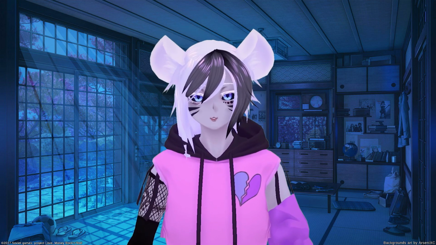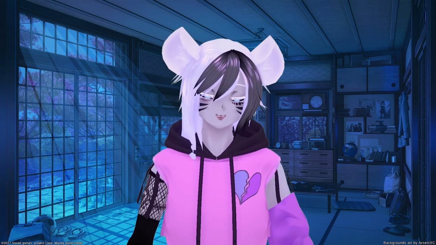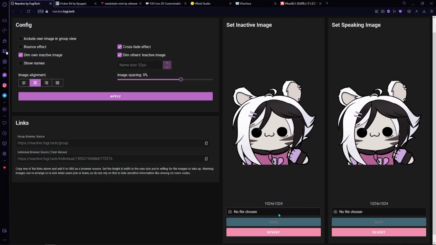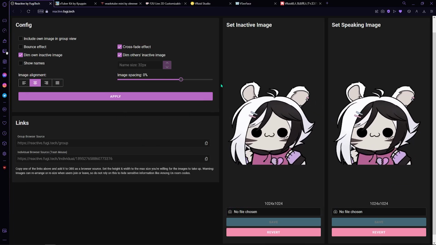In order to make your PngTuber or GifTuber image react to when you're speaking, the best method I have found is using Reactive by FujiTech. Setting it up only takes a minute and requires you to have a Discord account and server, but you probably already have that. Simply log into your Discord account, upload your image or images if you have a closed mouth version of your art,